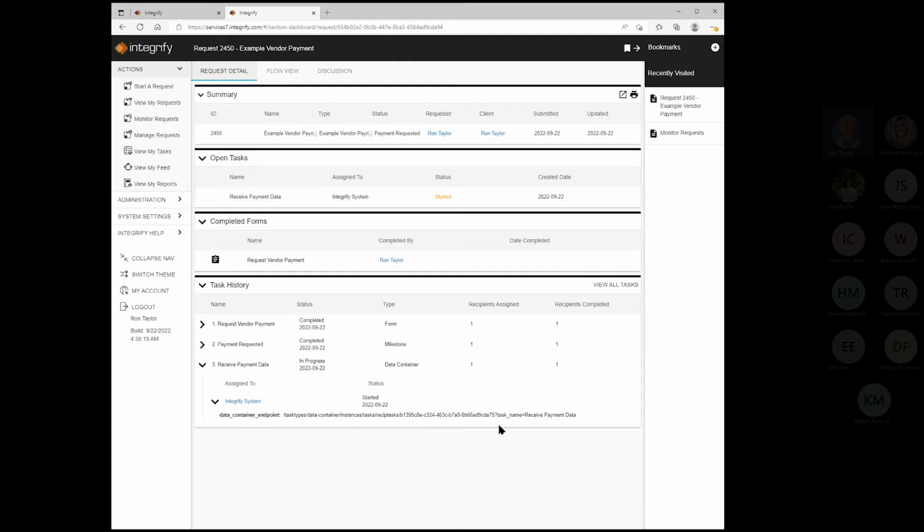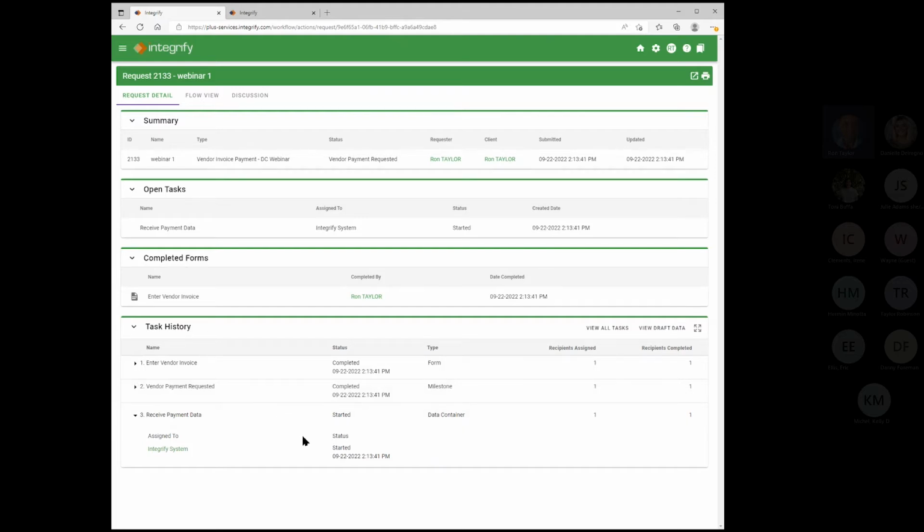So we can see it here. When you're creating a process and testing this out, you can get the endpoint to post to here, as opposed to going through the API steps to query the request to get the list of endpoints that are available for the data container to post to. So now that we have this request waiting for data,